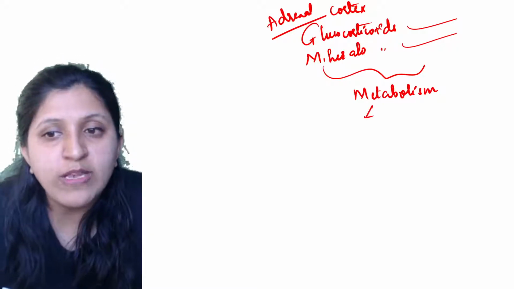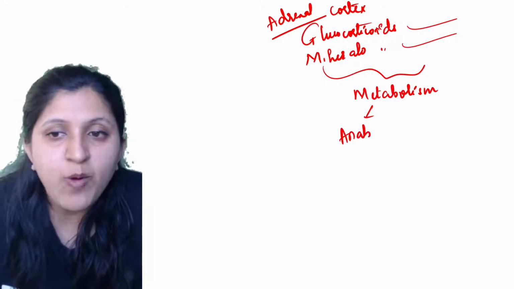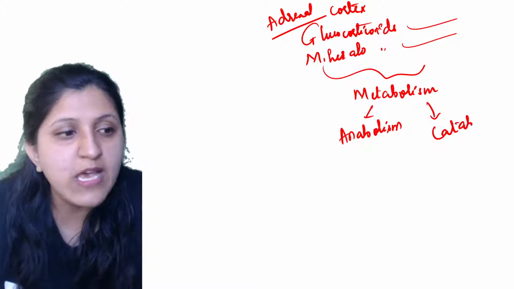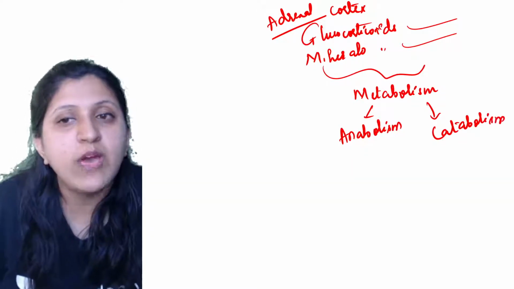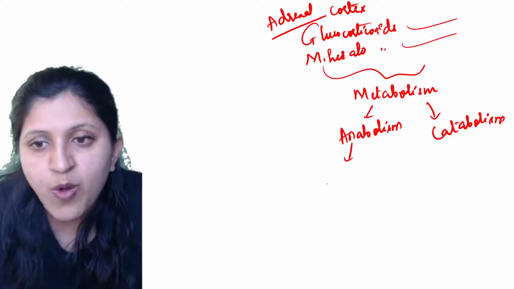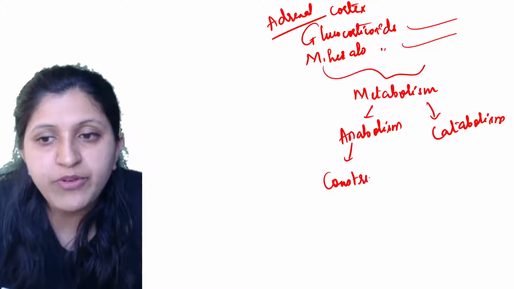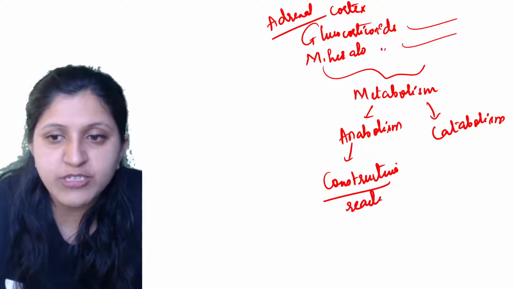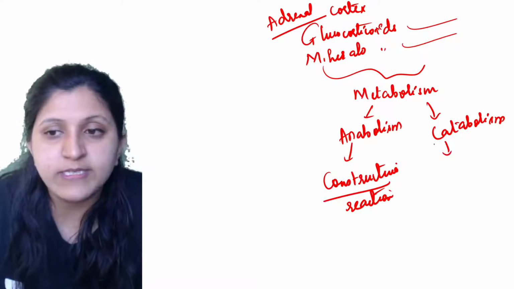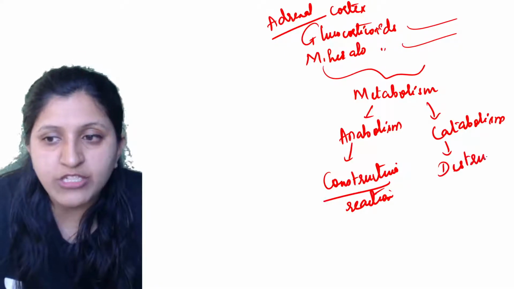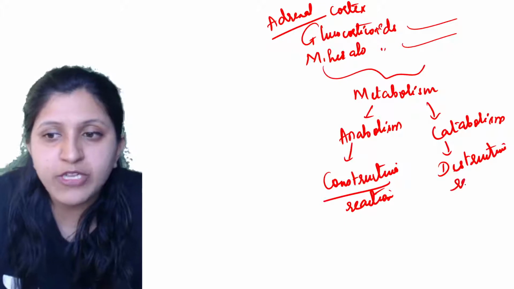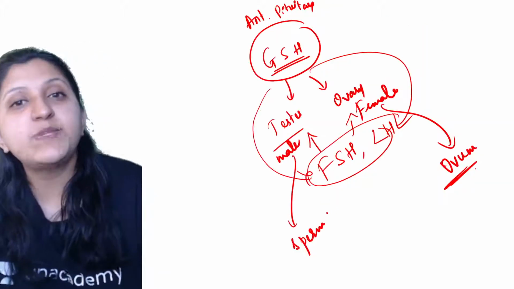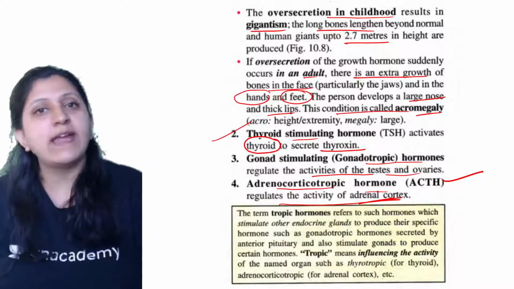Now, when we mention metabolism, there is an anabolism process and a catabolism process. These occur with respect to the hormones that are released. Anabolism is a constructive reaction, and catabolism is a destructive reaction. So construction and destruction keep happening with respect to your carbohydrates, proteins, fats and other things.